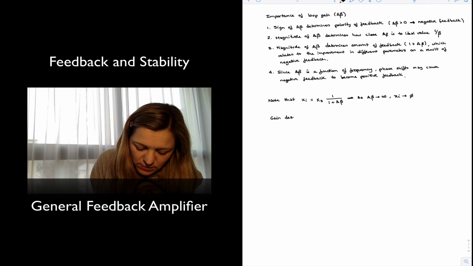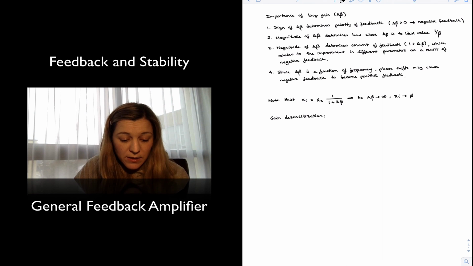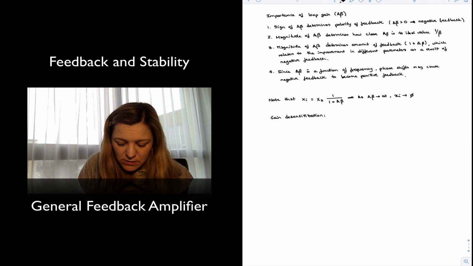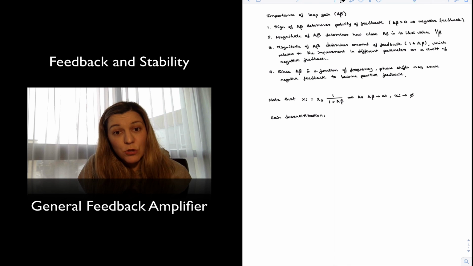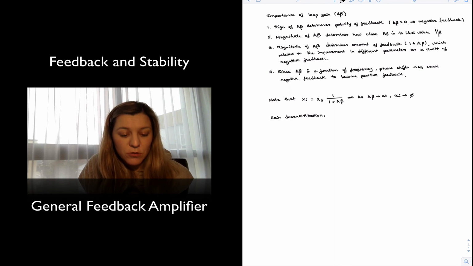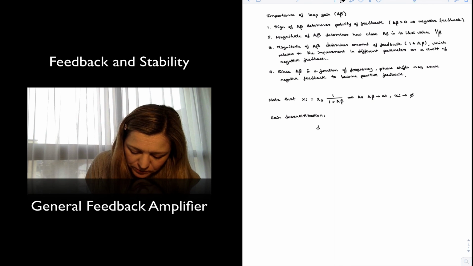And finally, it can be shown that the gain desensitization for a given circuit, in the case of the closed loop amplifier, is going to be improved with respect to the open loop amplifier by an amount also related to the loop gain. So specifically,